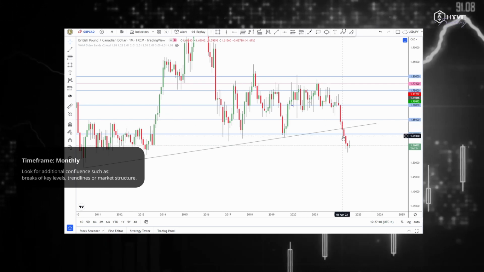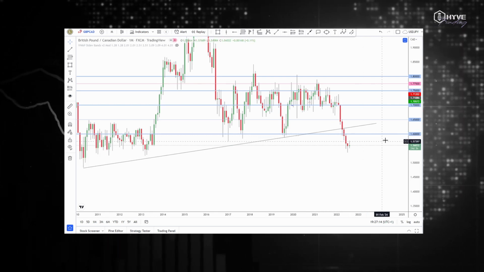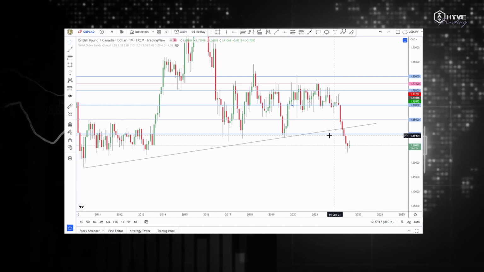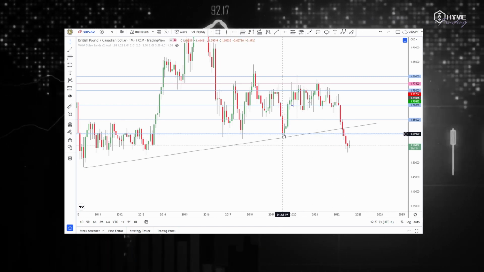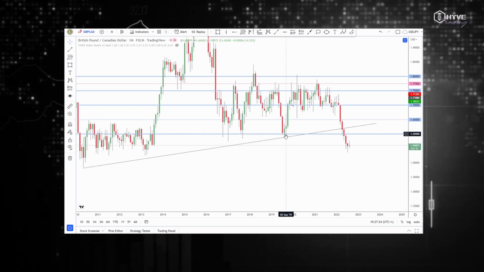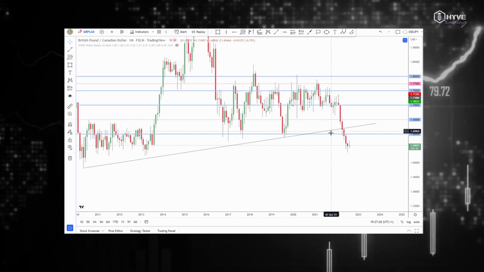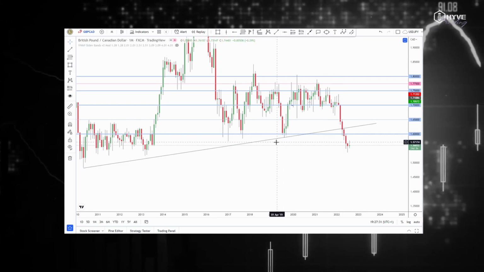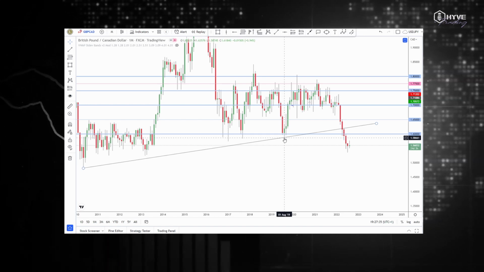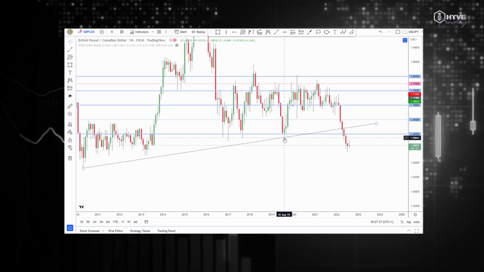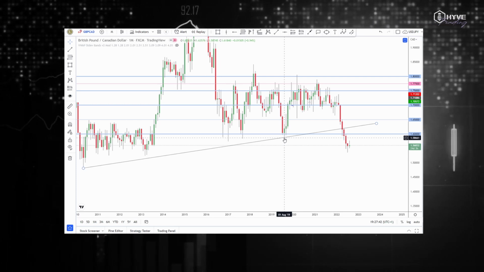However, what I wasn't sure was if price was going to bounce off of this key level of 1.6, and we can see that there was structure, there was a bit of support on this when you look left. So I was waiting for price to actually break through this low as well as this low here in order for me to actually be convinced that price will carry on down